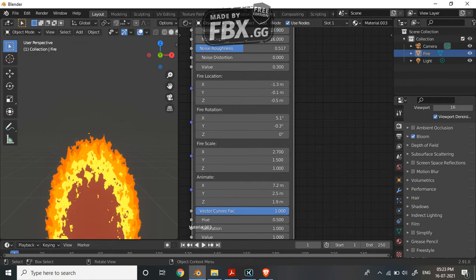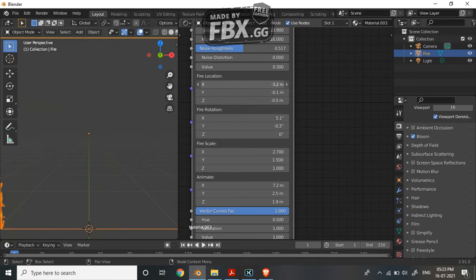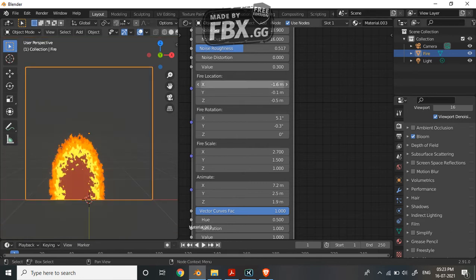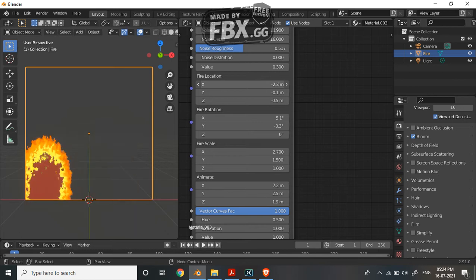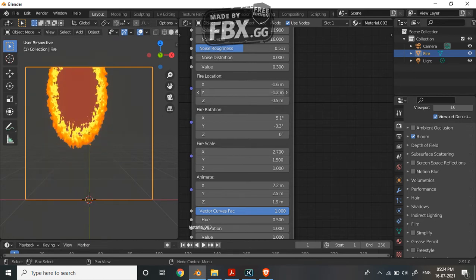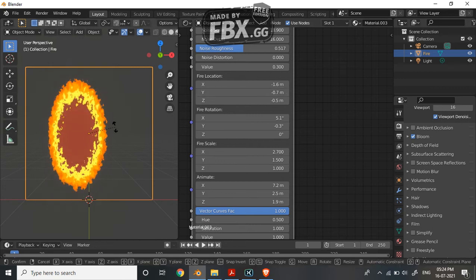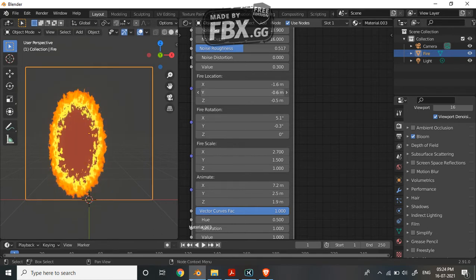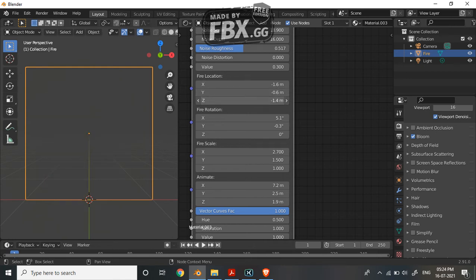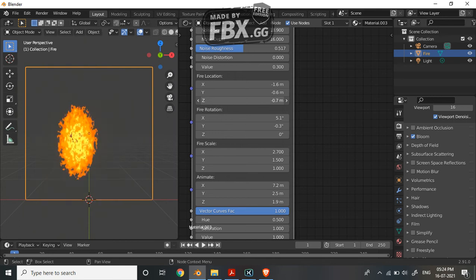Now the fire location. Now this is important. In the x direction, if I move, you can see that the fire moves in the x direction in the whole plane. Now this is a plane, and in the y direction, if we keep it in the original position and move it in the y direction, you can see what would happen. Now I have actually rotated this so the y are different. Now you could make it like a ball also. And in the z, you can kind of increase the flame and decrease the flame,